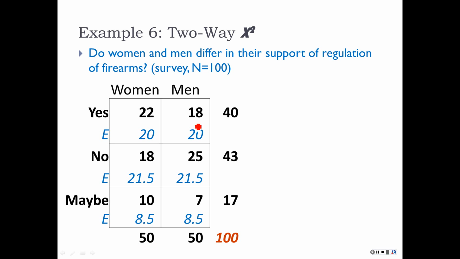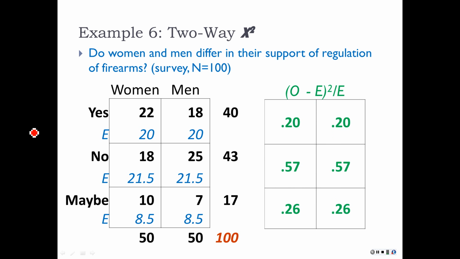a 50 and a 50 here. You're always going to be getting the same division. This is going to be multiplied by the same thing for both cells in the columns. Anyway, it works out that way when you have equal values on one of the variables in one of the categories. So those are our expected values, and then working out the chi-squared components, they work out to be fairly